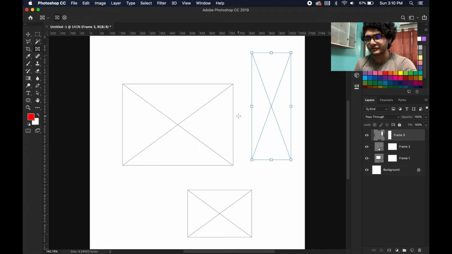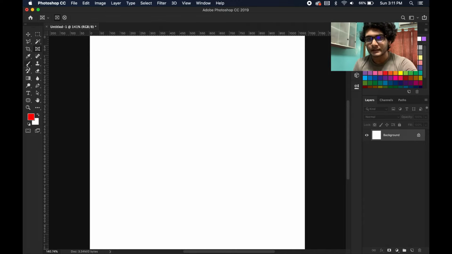You need to make different frames for actually using drag and drop photos from your Finder or File Explorer. So I will delete this right now, and this is the brush tool. I have shown you how the brush tool works. This is the clone stamp tool. The clone stamp tool works in a certain way like a brush. I mean, it is actually a brush tool itself, but it is a different kind of brush.